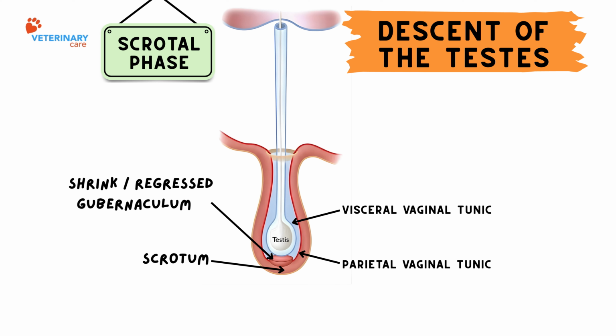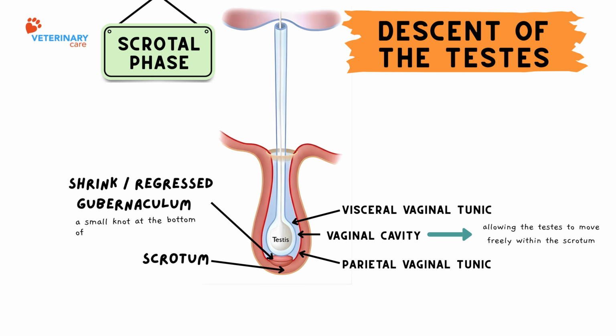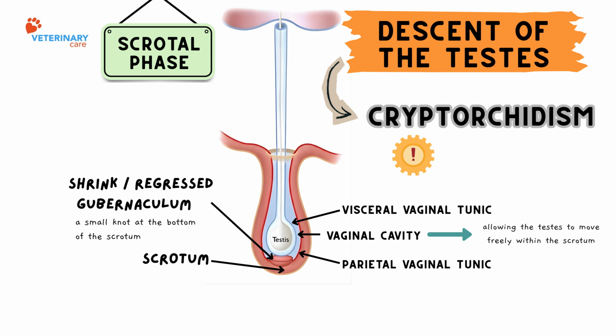The space between these 2 layers is called the vaginal cavity, and it remains continuous with the abdominal cavity. These layers are slippery, allowing the testes to move freely within the scrotum. Once the testes have fully descended, the gubernaculum regresses into a small knot at the bottom of the scrotum, anchoring the testis in place. Any disruption in this process can result in cryptorchidism, which is an important condition to recognize